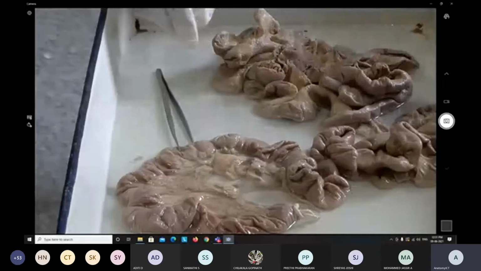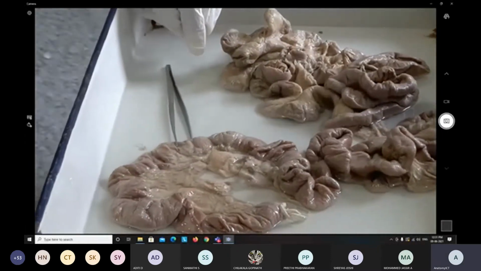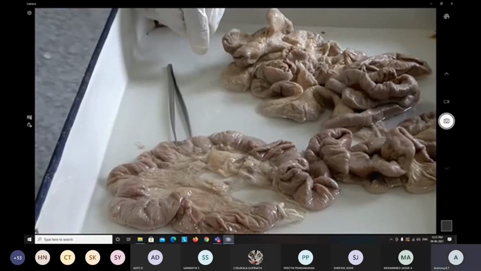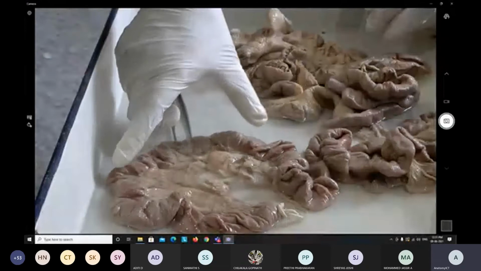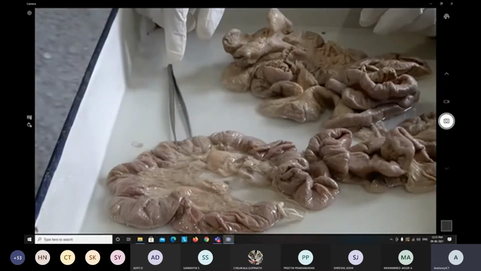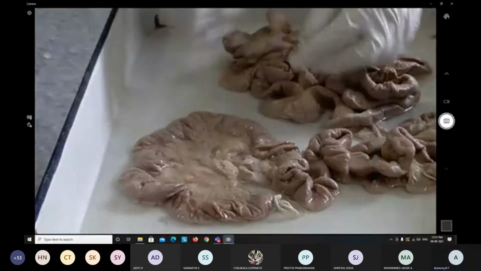The third part is connecting the second part of the duodenum and the fourth part, in between. It has a length of about 10 centimeters. Now the third part's anterior relation. So this is the third part, from here to here.